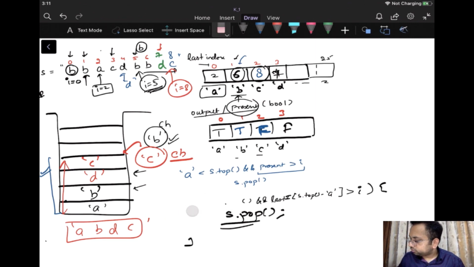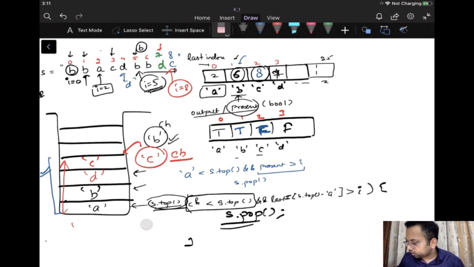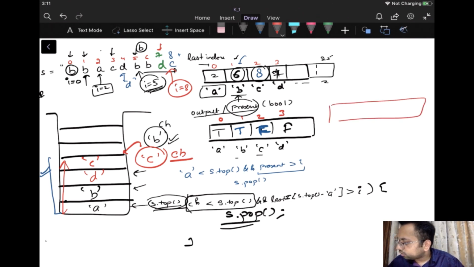To print this, I need an array in which I can store this particular set of characters. So I'll create one answer bucket. The size of this stack is equal to 4.